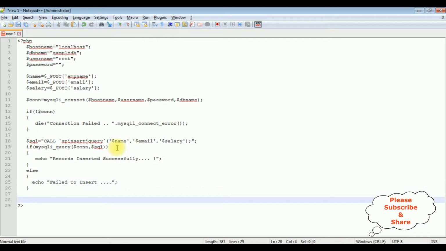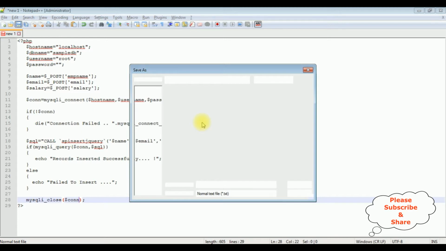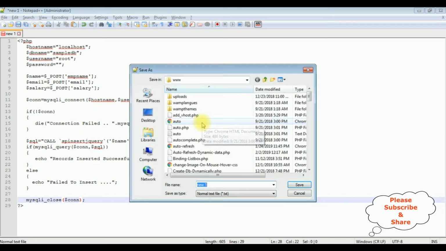And the last one, let's close the connection string. mysql_close method. Now in this close method, I'm adding the connection variable $con. That's it, we have done the coding part. Let's save this file. I'm saving this file in the root folder,